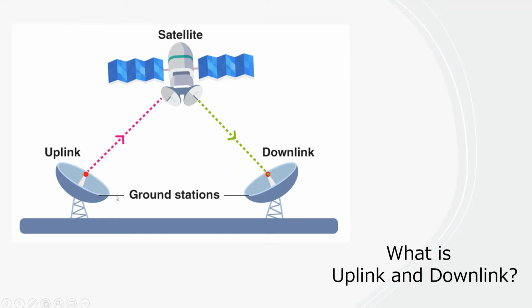And coming to the downlink. Downlink is nothing but the link between the satellite's transponder and the earth station antenna, in which the satellite transponder acts as the transmitter and the ground station antenna acts as the receiver. These antennas are some of the ground station antennas through which we communicate via the satellites for information.